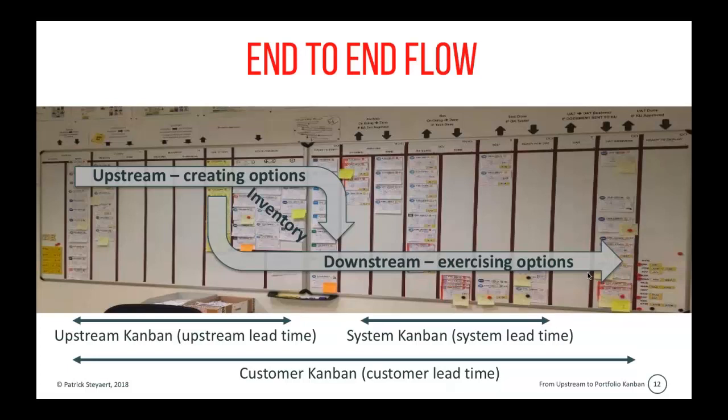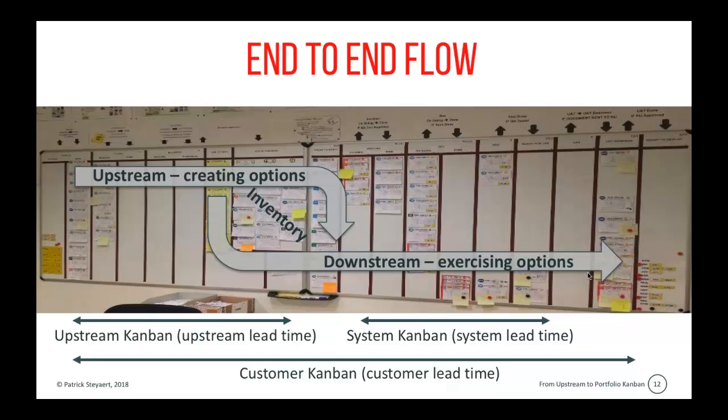So that's our backlog that we can pick work from. And then in the downstream, we actually exercise the options, meaning that we commit and start turning the option into a commitment, and we execute the work.